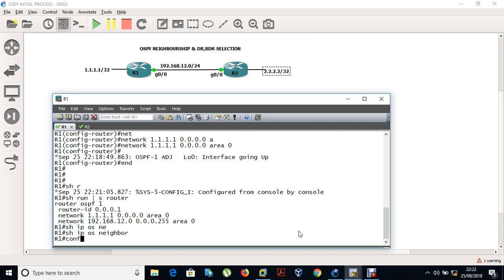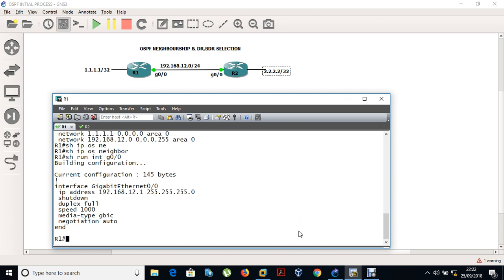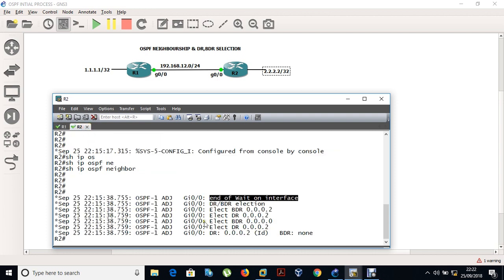Okay, let me show run interface GigabitEthernet, to see if the interface is shut down or not. Yeah, this interface is shut down. You see, this interface is shut down. So now this guy cannot do anything. But let me just say show IP OSPF,